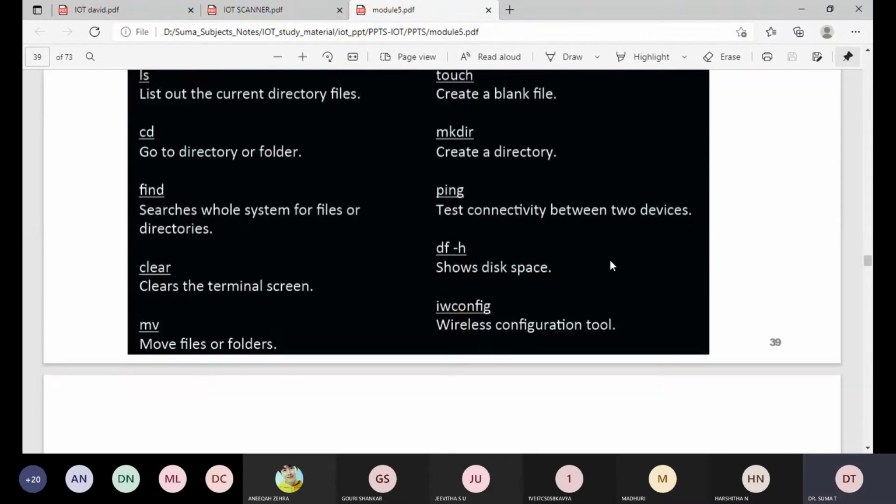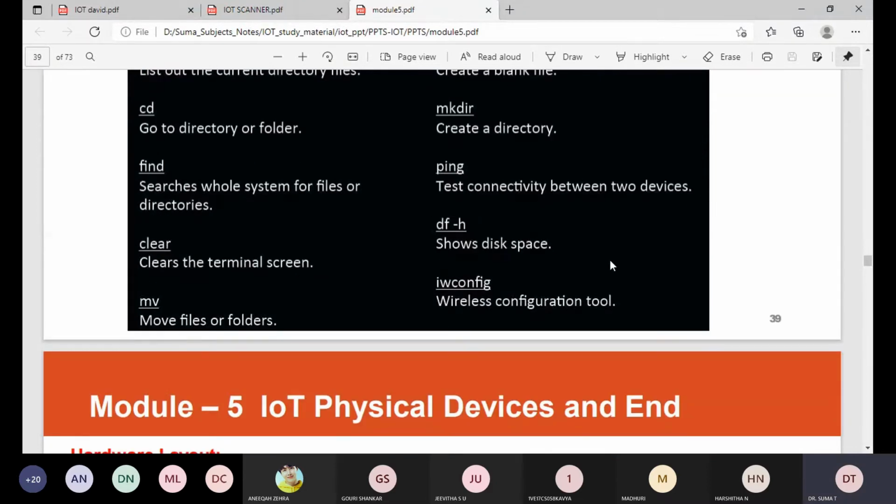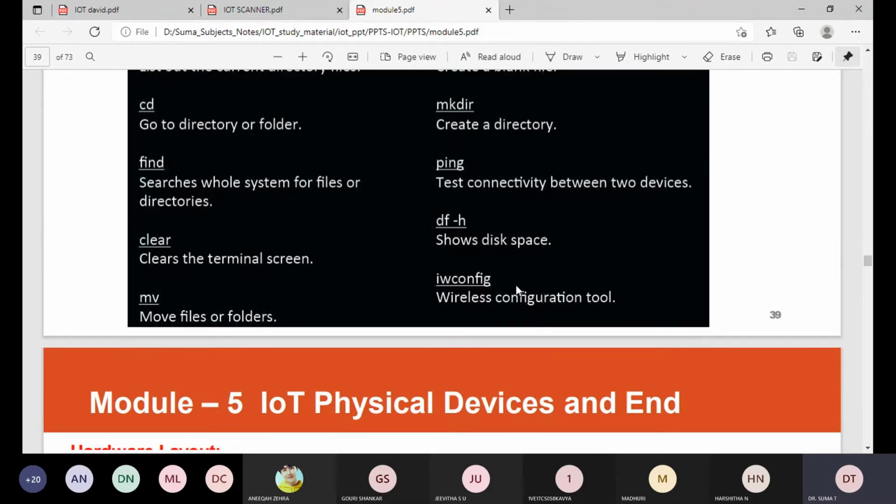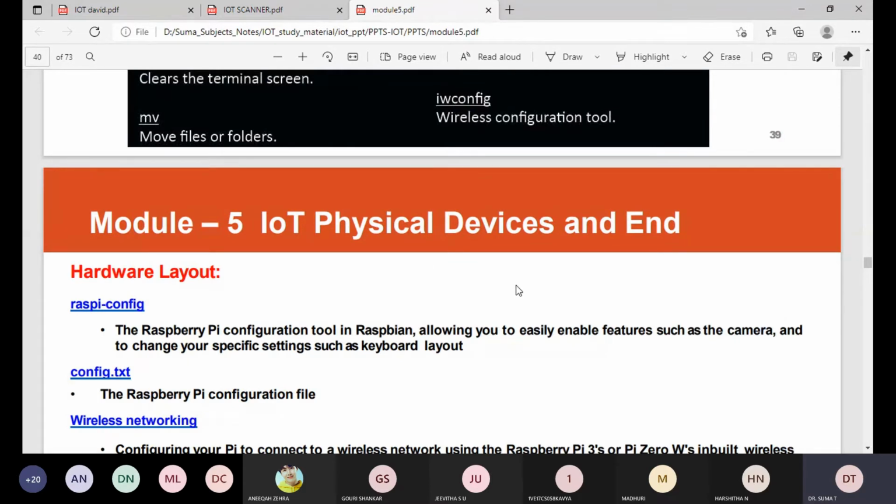So iwconfig, it is a wireless configuration tool. When we give iwconfig, this is a wireless configuration tool. Okay, next you come to the hardware layout of the Raspberry Pi. These are the physical devices and the end points to your IoT devices. And before that, let me study about the